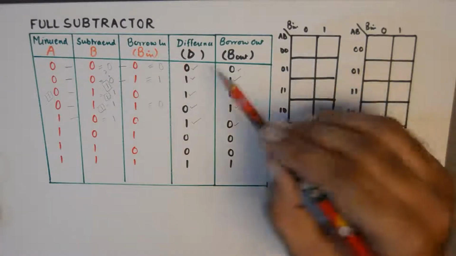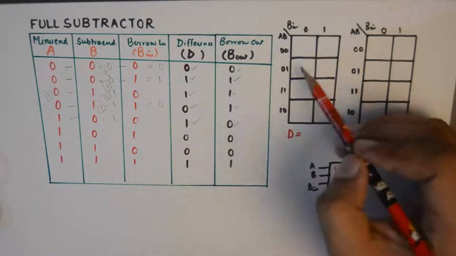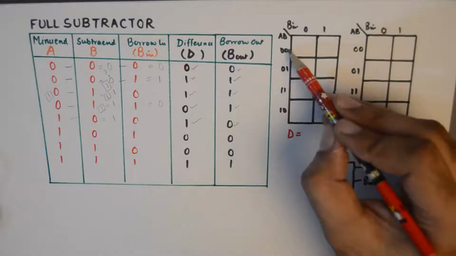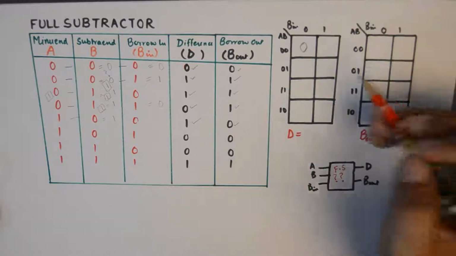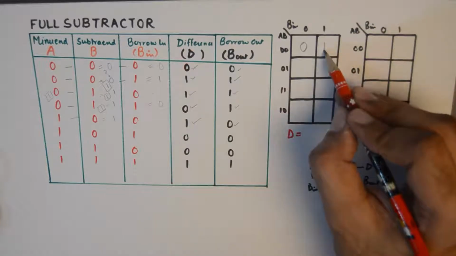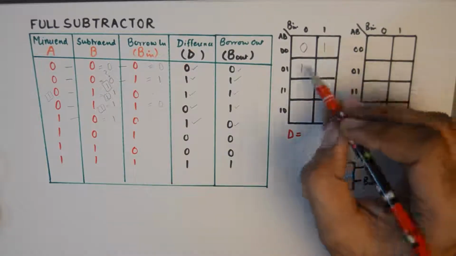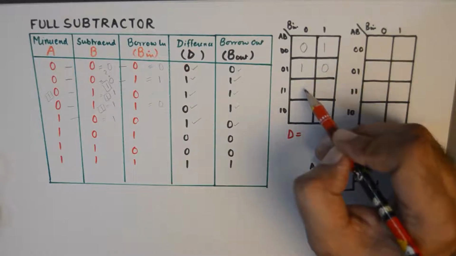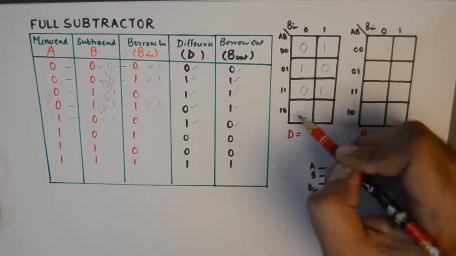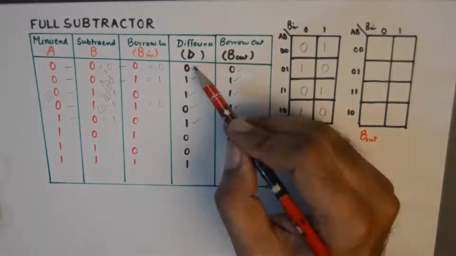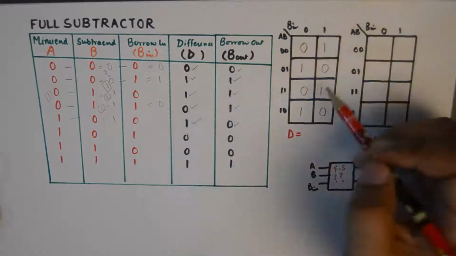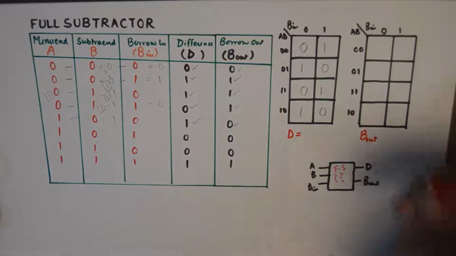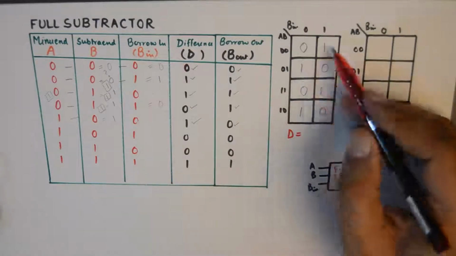Now for difference, we have for 0 0 0 the difference is 0. For 0 0 0 the difference is 0 here. So I'll quickly fill up the table. So the K map is filled up like this. So from this table we fill up the K map positions, and all the diagonal entries that we get like